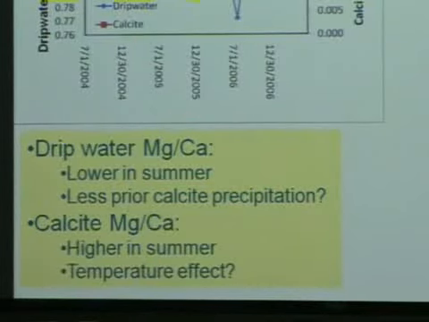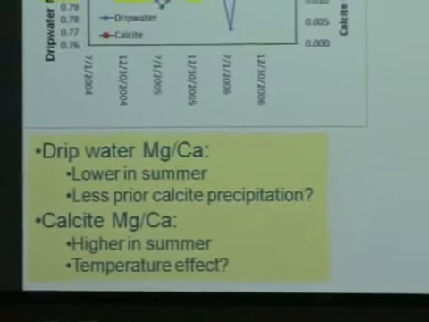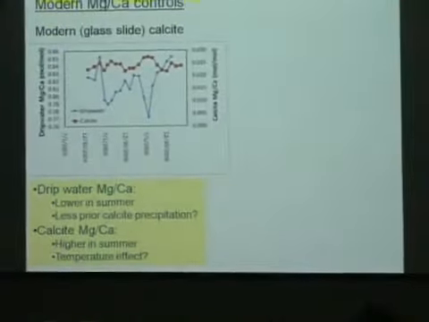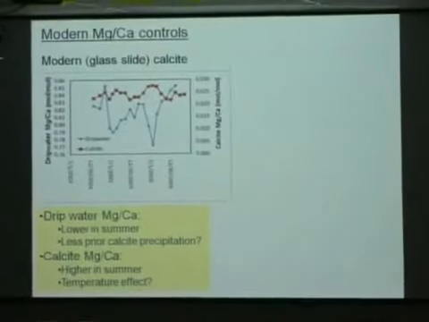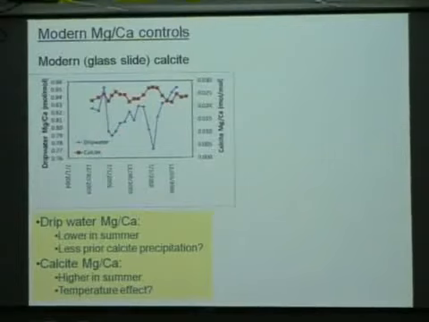So this actually was useful because there's this common idea in the speleothem community that higher magnesium calcium and strontium calcium, all these other things, which might reflect more prior calcite precipitation, should occur during dry periods, and therefore, in general, these might be interpreted as a proxy for rainfall. But we're actually showing at this cave that we have more negative values during the summer, which is the wettest month. So maybe it's not prior calcite precipitation, something else, or if it is, it's not operating the way that we thought it would.